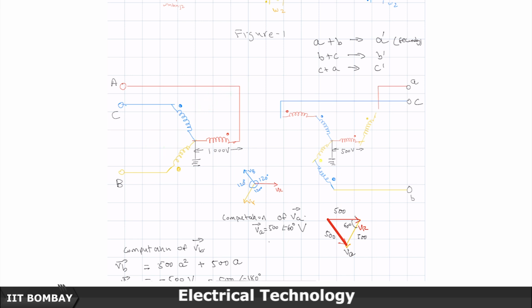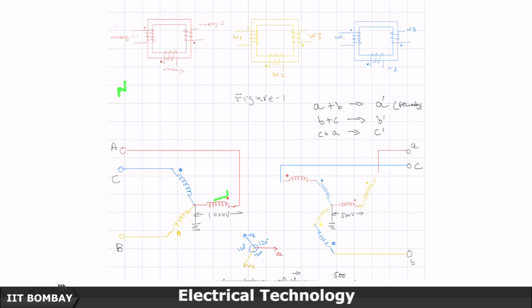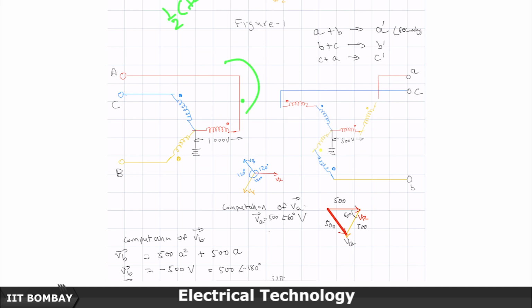Then coming here, because this MMF has to transfer here, the current which is flowing here, N1 I1 equal to N2 I2 plus N3 I3. N2 by N1 is this. So, I1 will be equal to half of I2 plus I3 and so on. So, if this current IA comes here, something similar will come here, and this current IB comes here. So, something similar will come here, but this current should be